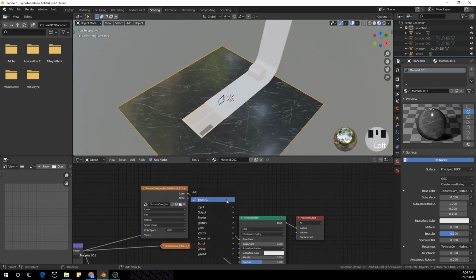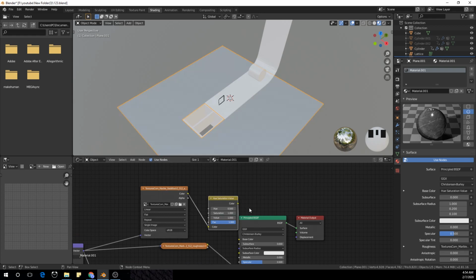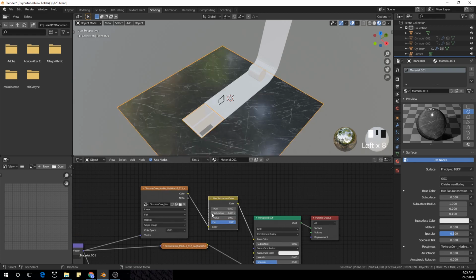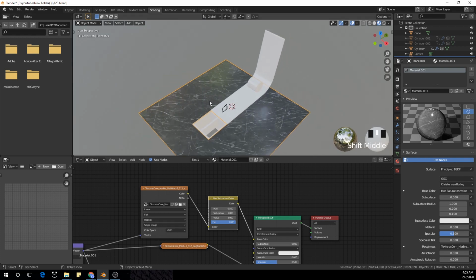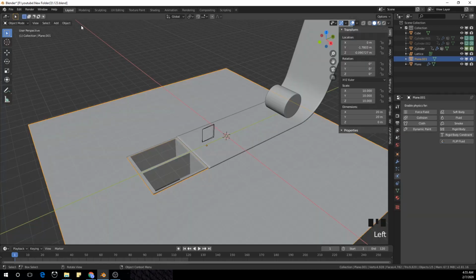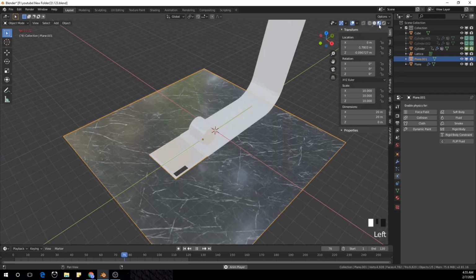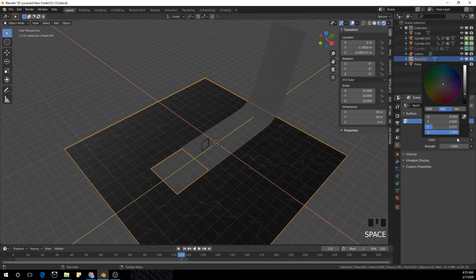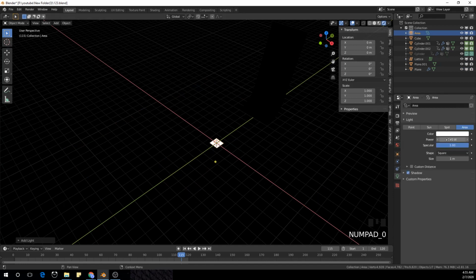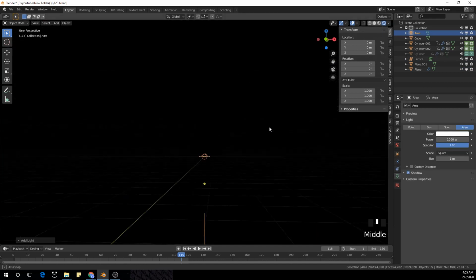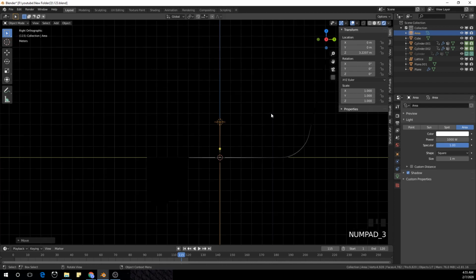Now I'm just going to add a high specular shader to everything else. Might change the value of the object a bit, of the plane a bit, make it a bit lighter. Now we have our animation going, and now I'm going to make the world settings darker and add an area